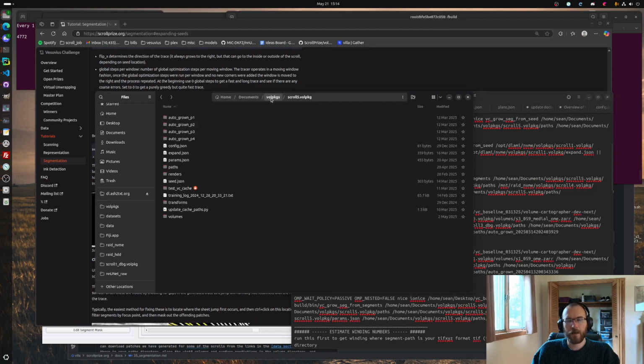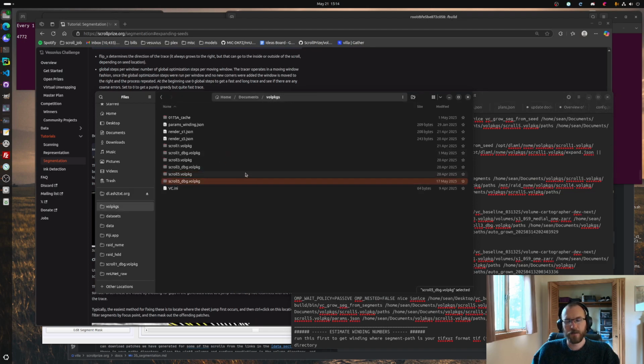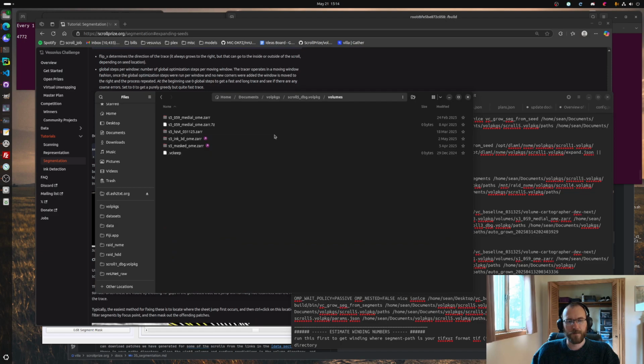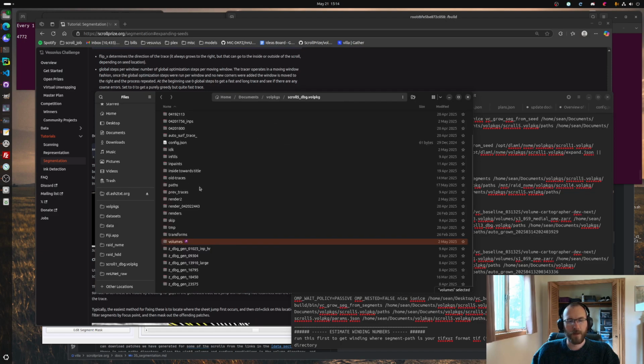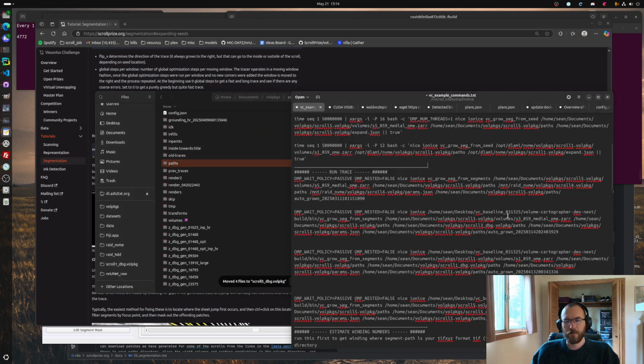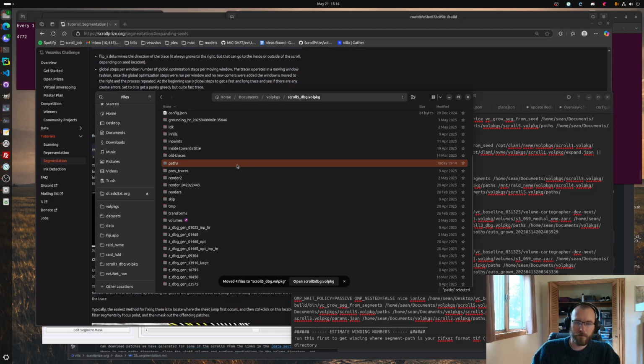For me, I create two different vol packages because I like to watch my trace as it's running, and I also don't want to close VC3D at the same time. So I create two. One of them I just output traces to. So I symlink the volumes to the other volumes, and then I just run my traces into the paths. I'm going to rip these out of here because you can't have ones in there when you start it, but that's mine. So I'll do